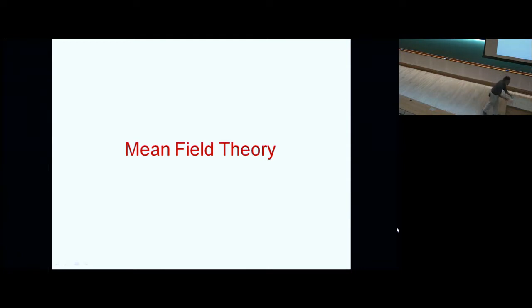Exact solutions are very rare. For two-dimensional problems, the Ising model has the Onsager solution. There are a few other models, like the Baxter model, for which exact solutions exist. But in 3 dimensions, hardly any non-trivial model has an exact solution, and so one has to develop some kind of approximate methods. And mean field theory is something that at least, for many